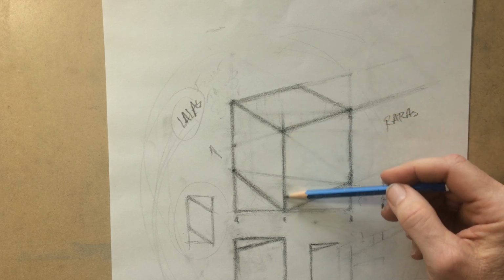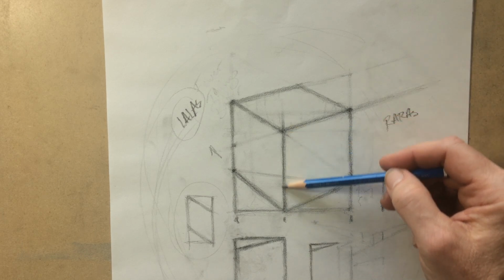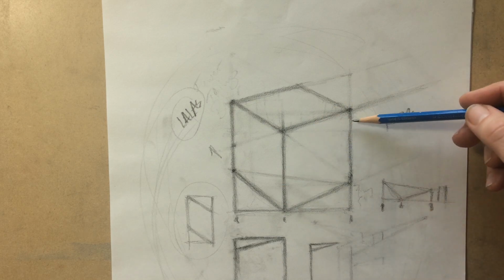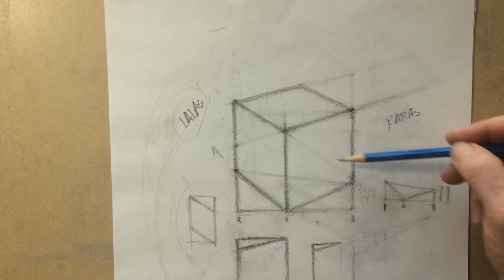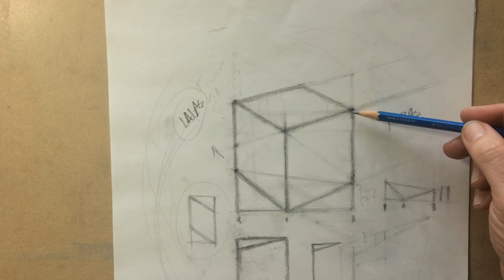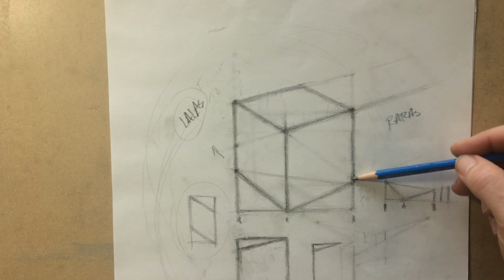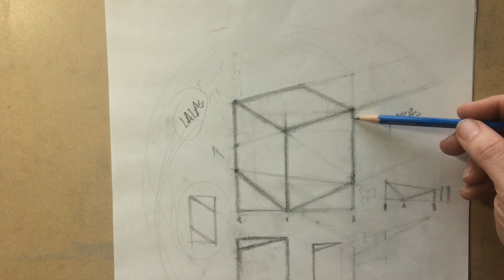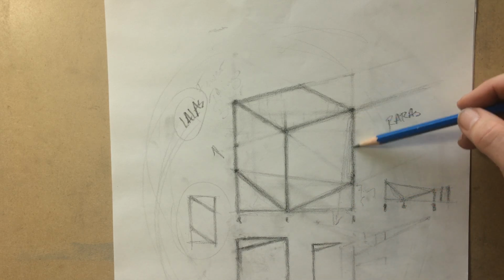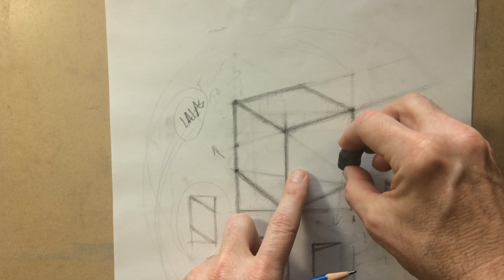So I also like to just kind of come back and double check some things. This is vertical. In 3-point perspective, we're going to talk about eventually that these other up-down vertical lines won't be exactly, but for now we're just doing 2-point perspective, and it's so subtle that it helps to simplify things in this way. So all the up-downs I want to double check and make sure they're going up and down, and if anything I would want them to be angling in, and I would definitely not want them to be angling away. So make sure that they are either exactly parallel and straight up and down